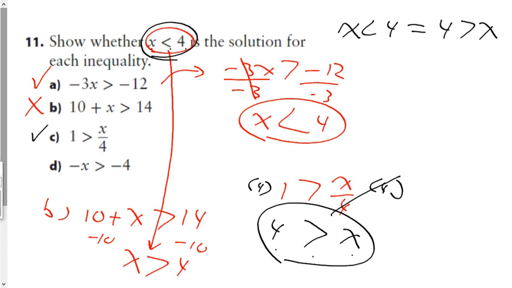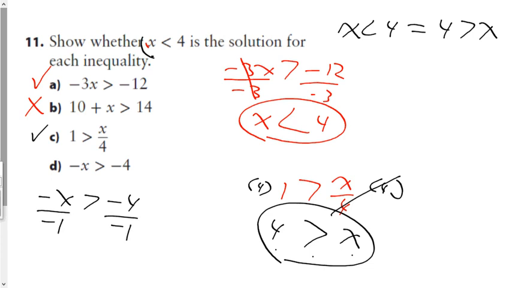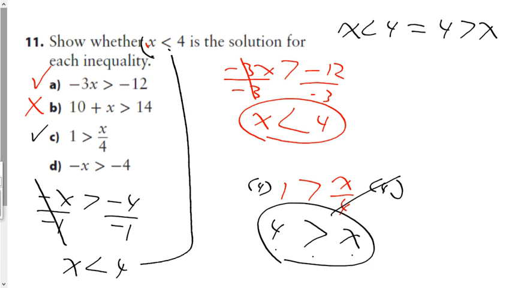And finally, your last one, D. What's the coefficient in negative x? So I'm going to divide both sides by negative 1, correct? If I divide by negative 1, I have to flip my sign. Is that the correct solution? Is that the same one? Are you sure, Maito? Are you sure it's not the same? It is the same. So D is the same. So yes, x is less than 4 is the correct solution for A, C, and D, but not for